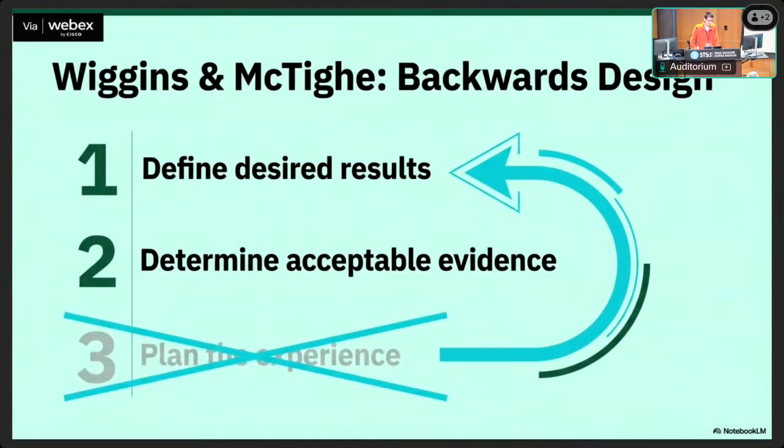One way to think about this, and this is education focused, is a wonderful framework called backwards design. People also think of this as goal setting. The idea is that rather than saying, here's what I want, you instead ask, what is the outcome that I want to come from this? What is the objective of the software? What am I doing with this type of thing? And then after that, you need to determine what would be acceptable evidence. If I am designing a tool like, let's say, Pathfinder, that I want people to use to do all these things, then when I deploy this tool in the wild, what would I think of as a big success?